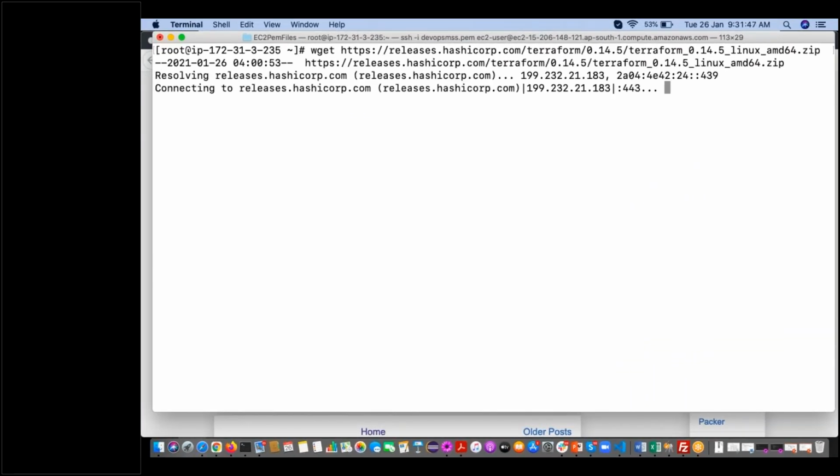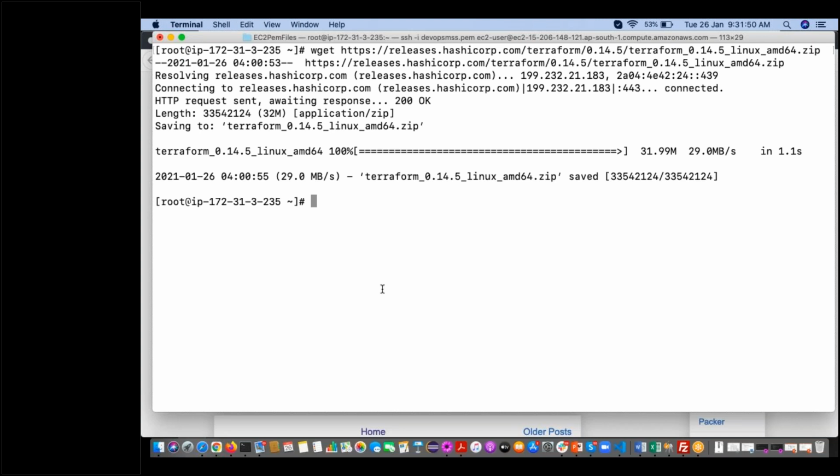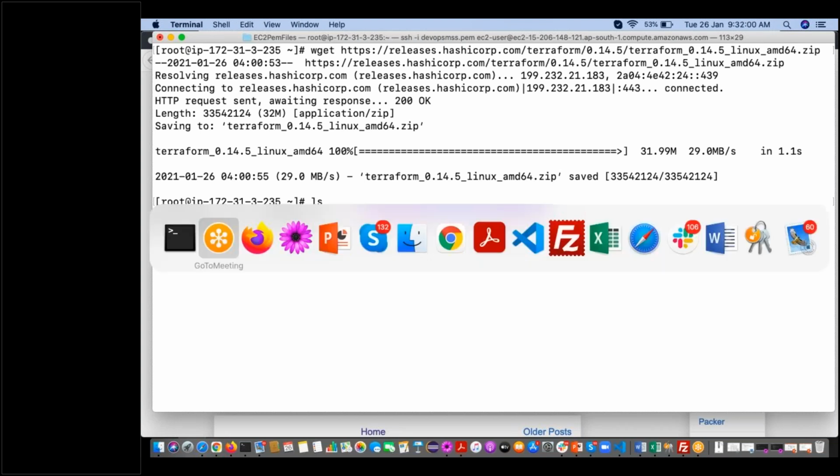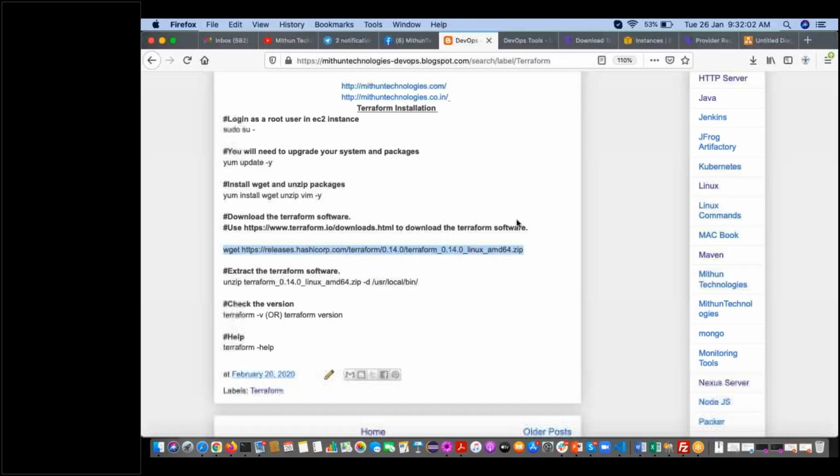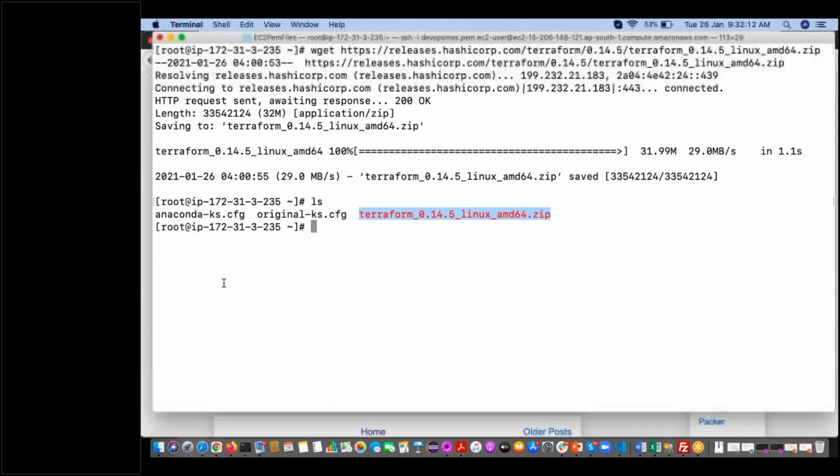Now if you observe, it has downloaded this zip file. Now I need to extract it and keep it in the bin directory. See, I am unzipping into the /usr/local/bin directory. We already discussed the -d option when we were discussing the unzip command.